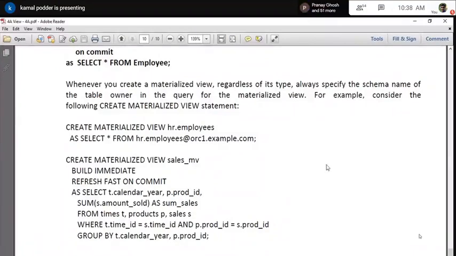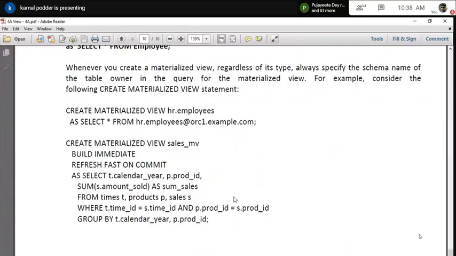In the warehouse, tables are very big, so it might not happen that everything will be on the same server. It can be distributed. In that case, they suggest it.